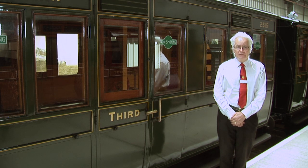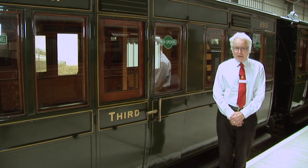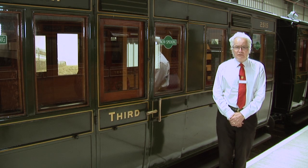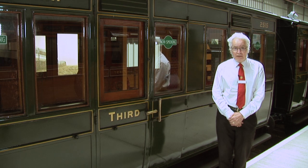He had lost quite a bit of land in a recent landslip, and he gave notice to the Fry family saying, please remove your railway carriage. And that presented them with a dilemma. How would they move it, and where would they put it? And no doubt their thinking was possibly along the lines of, we'll have to burn it and then remove the rubbish. Fortunately, they didn't do that. They consulted their solicitor, who happened to be a member of the railway. And to cut a long story short, it was given back to the railway,